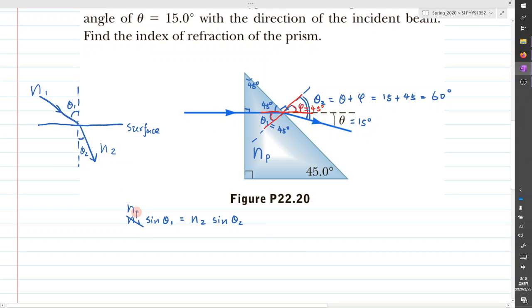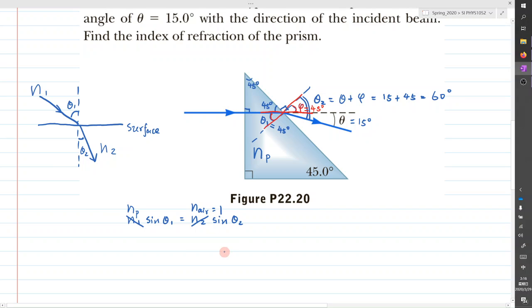I'm going to put P. And n2 is the medium where the light leaves the surface, forming an angle with the normal. So indeed, n2 is our n air,